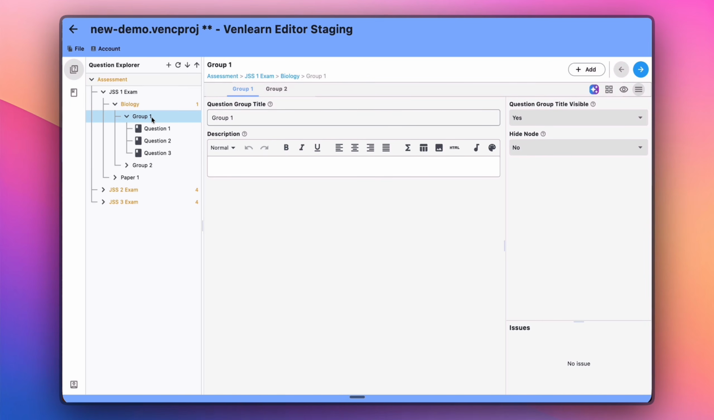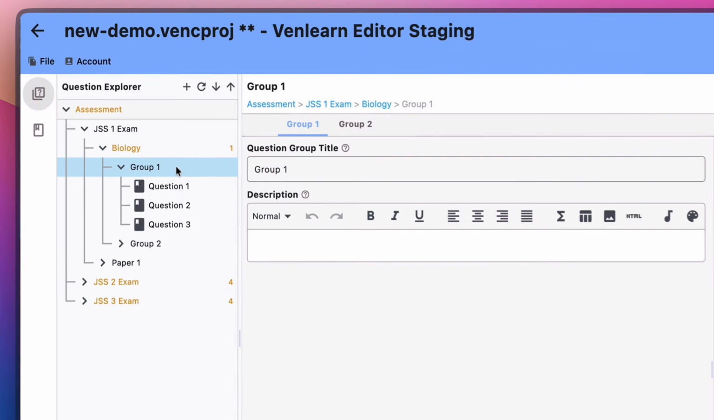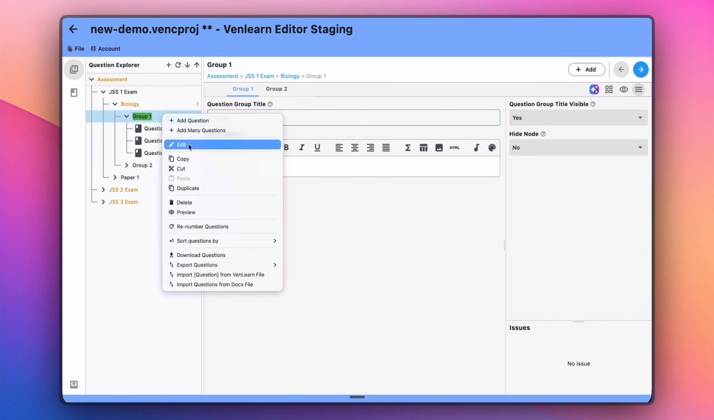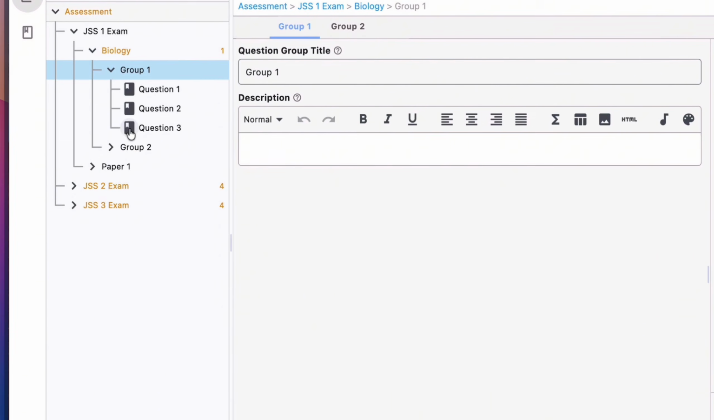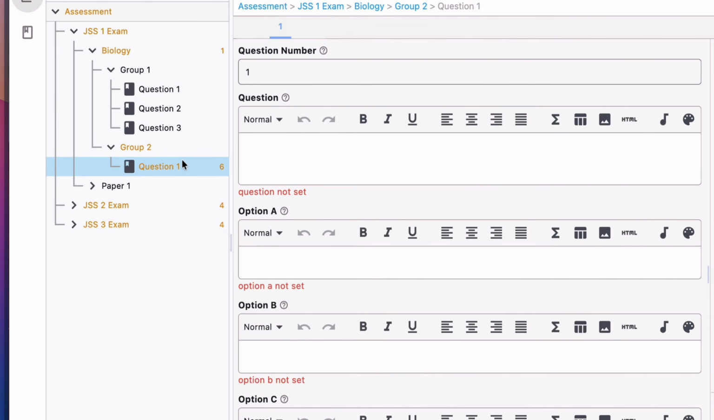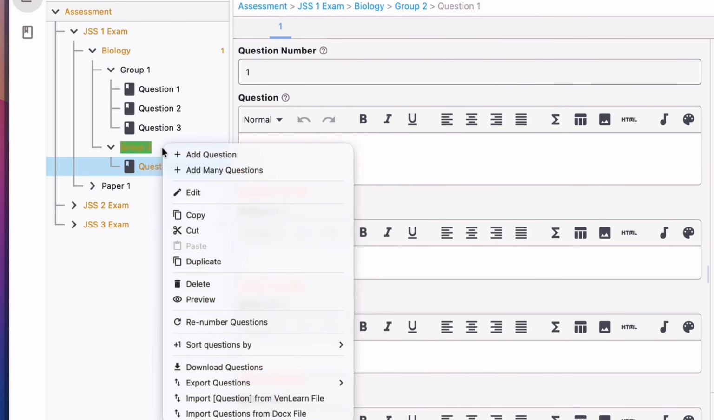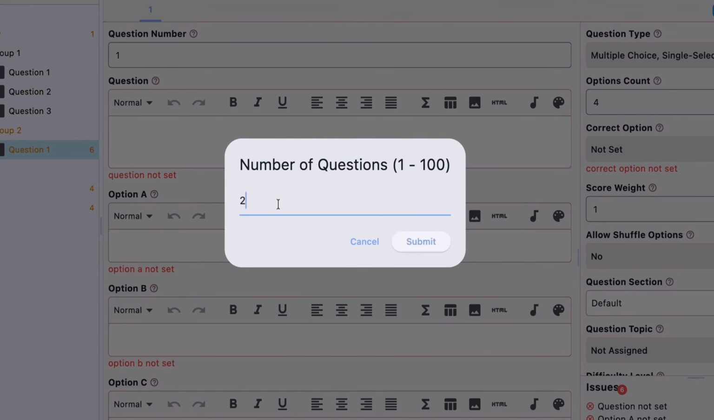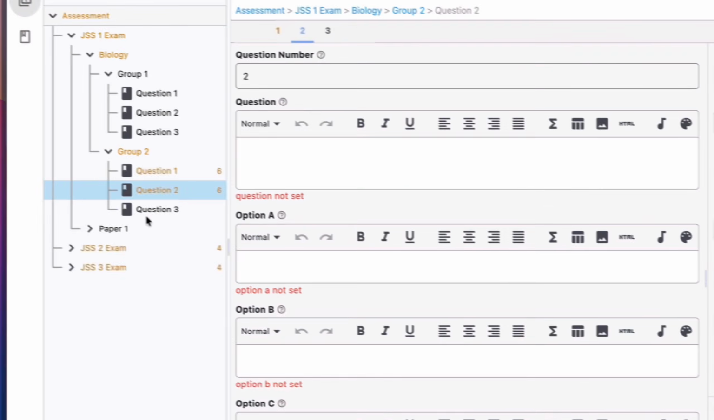Now, after creating a question group, we also have some context menu items for question groups. For example, we can add questions, we can add many questions, we can edit and do so many other things. So let's do that for the group 2 we just created. To add a question, you right click and add question. So that's how to add questions. Also, you can add many questions. So for example, you can add between 2 to 100 questions, 1 to 100 questions,